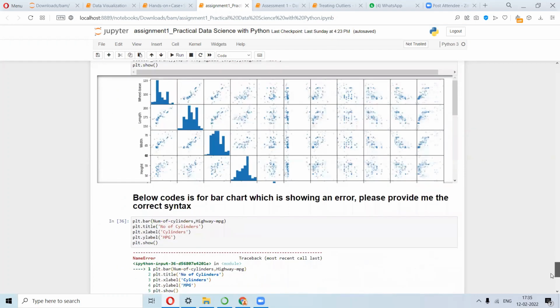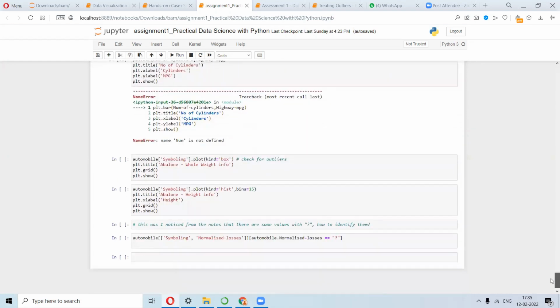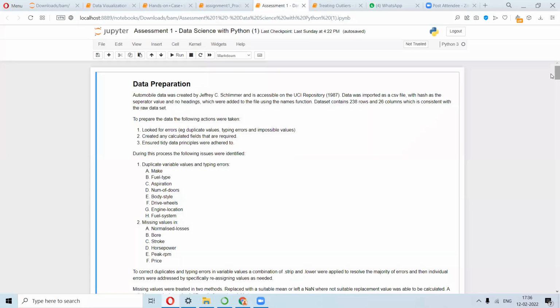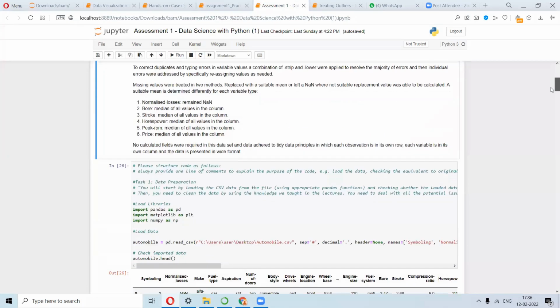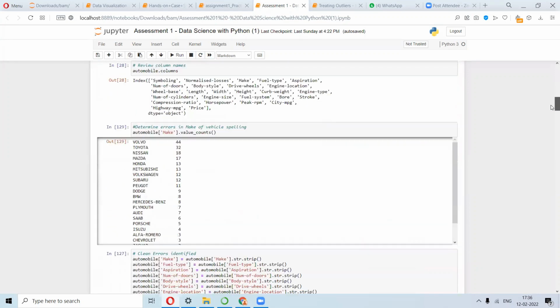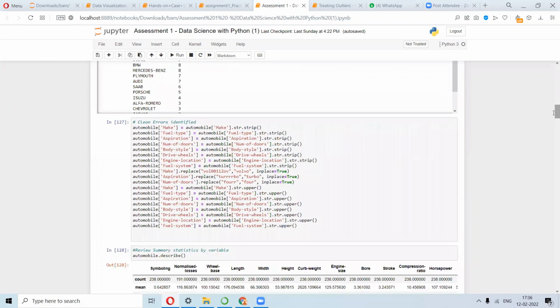And then you have this. Okay. Similarly, I can walk you through another one. Just have a quick look at whatever we have done here. You can just use these commands instead. So for automobile make, replace this by this with inplace equals true. So all together you can do this.